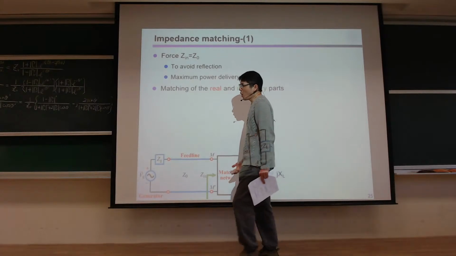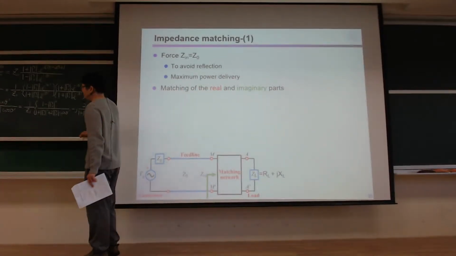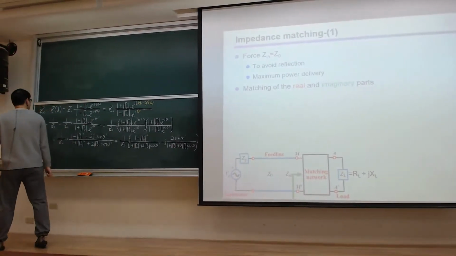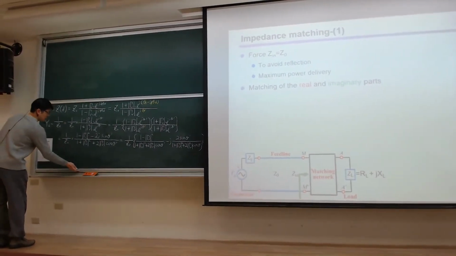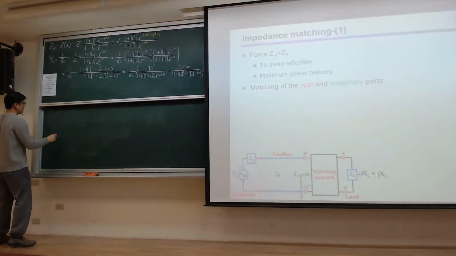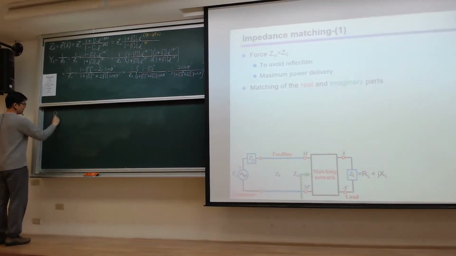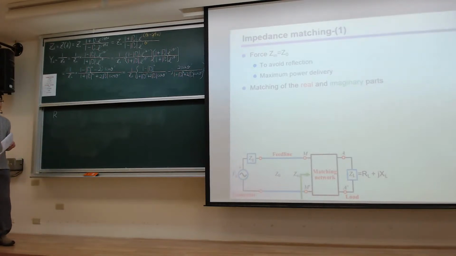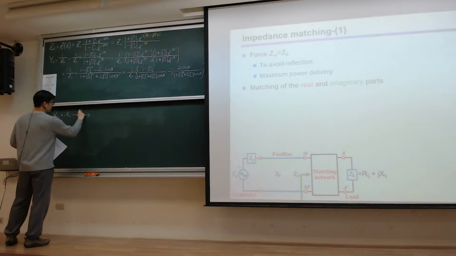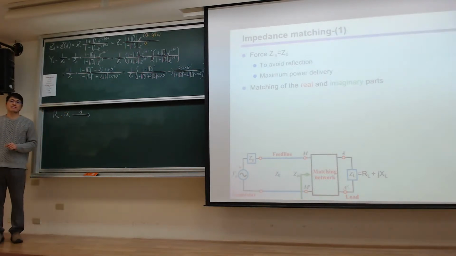So we can only hope. Let's do this. Hope that somehow, through the knowledge we have, RL plus JXL is transformed over a distance d,